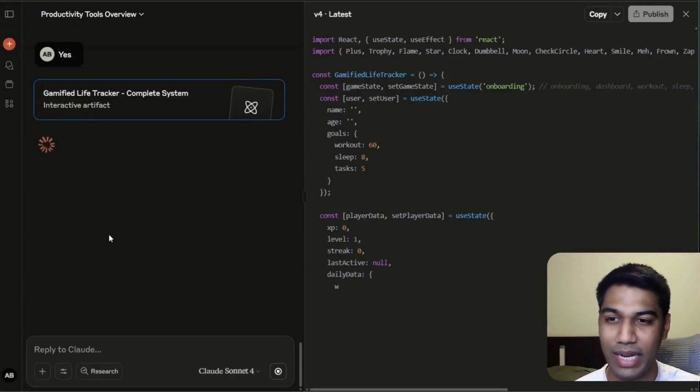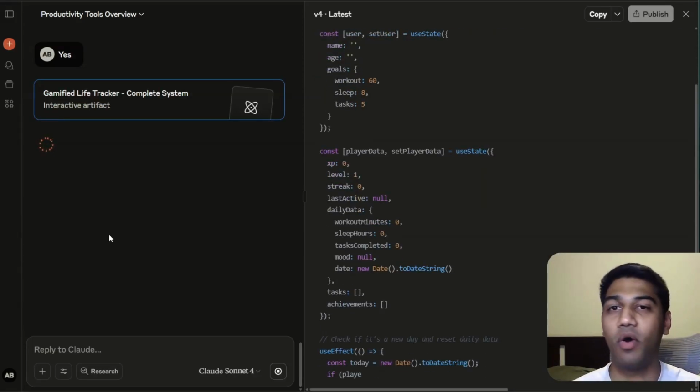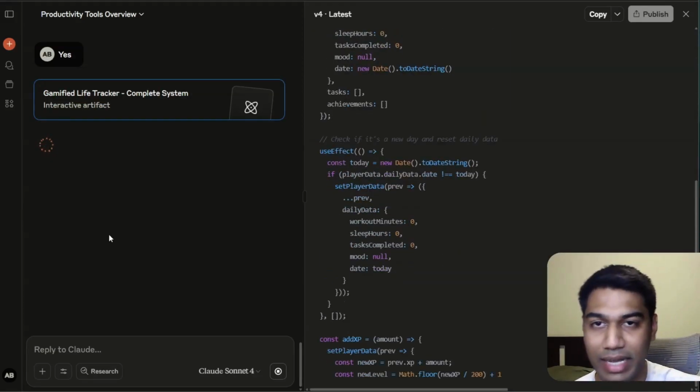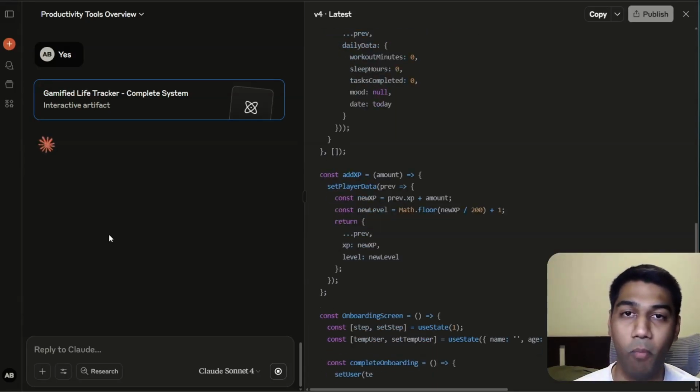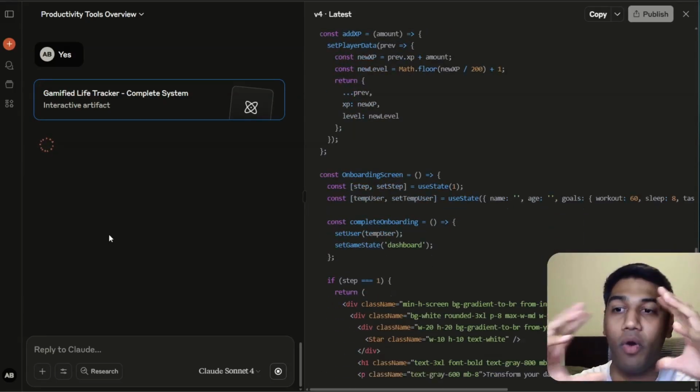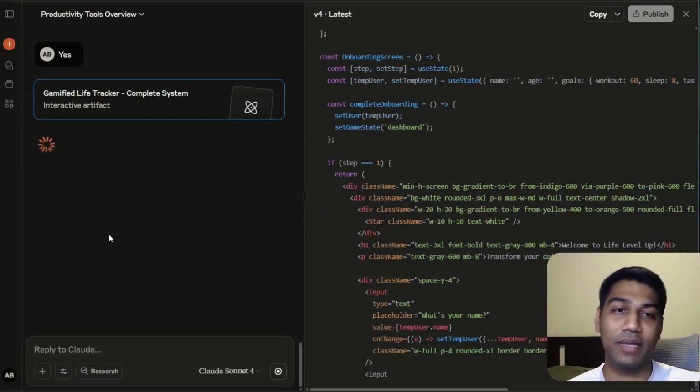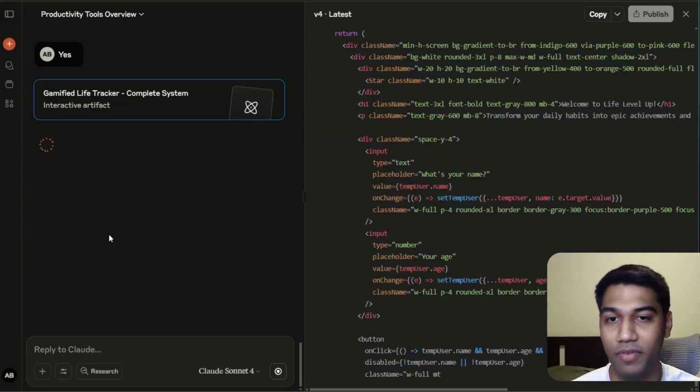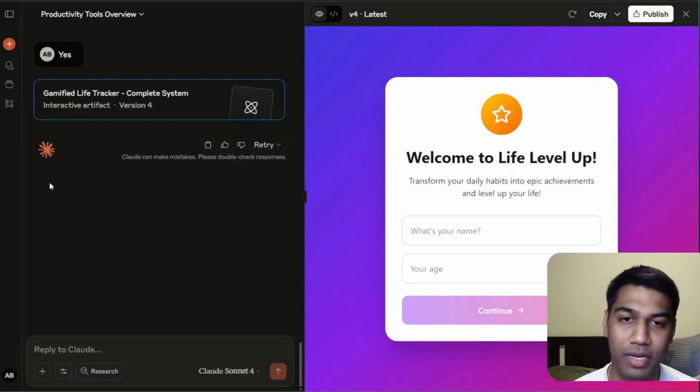Now again, this works technically like any other application like Lovable or Bolt, but the point being, because it exists within Claude, it is much more usable, and this can also become a new place for people to launch Claude artifacts and just have apps, like mini apps, that live within Claude and everything else. Perfect. Now this is what the outcome has come out to be, and let's try, how does this look.